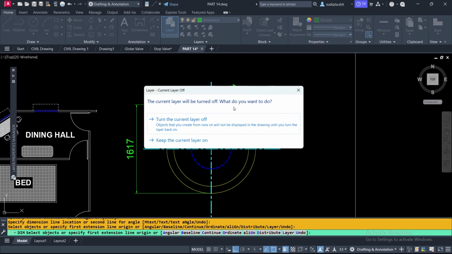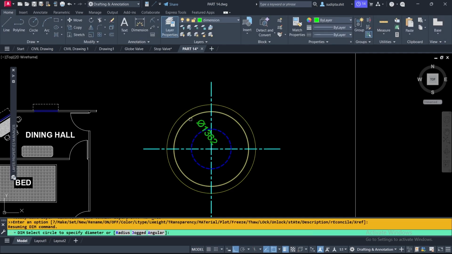Current layer will be turned off because we are at present in dimension layer. So if we turn off the current layer, I have to click here. Now you see we have turned off the dimension layer,